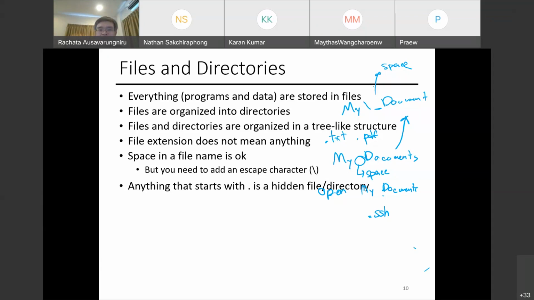So what's the benefit of a hidden directory? I can use it to organize my directory so that it's not messed up with so many hidden directories that are specific to certain features in my system, like SSH. I'm not going to use that file a lot. I just need to put the config right there so that when I use SSH, it reads the config and does what I put in there. But most of the time, I don't care about what's in there. So I can put the dot in front to make it hidden, right? So you can do that.